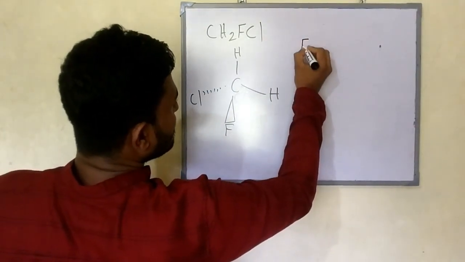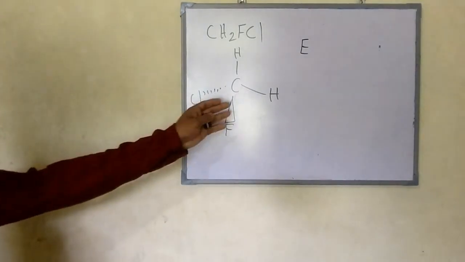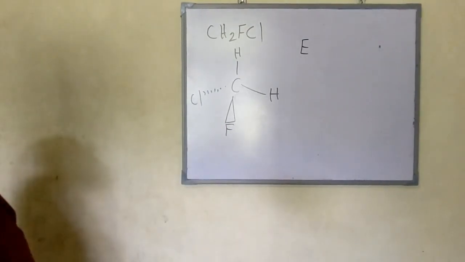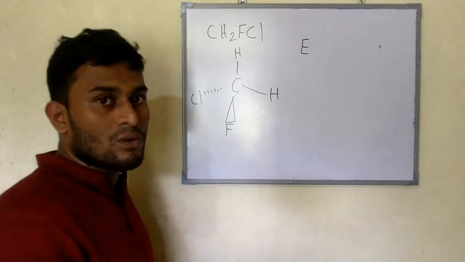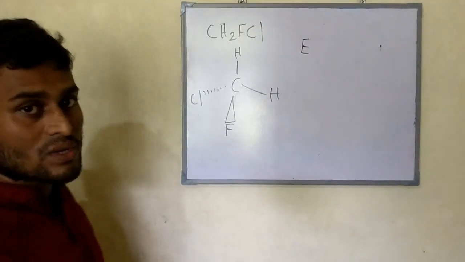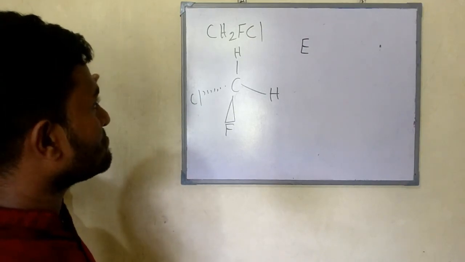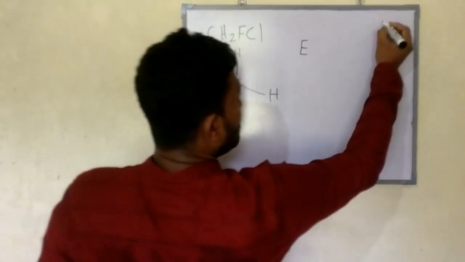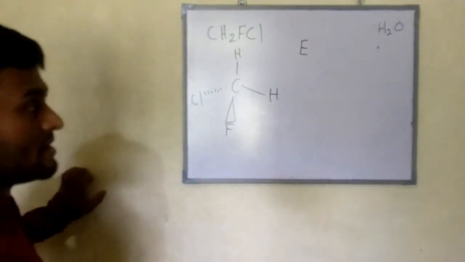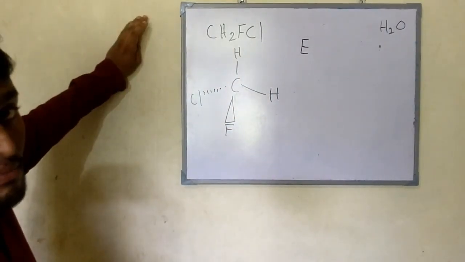So what are the symmetry elements? E is there, then rotation. Here also you can't rotate the molecule because the other two atoms are different from each other. So if you rotate the molecule, the resultant one will be different from the original one. So you can't take a rotation axis. But if you think about the plane of symmetry, do you remember the plane in the water molecule? There is a different plane. That kind of plane can be applied here.